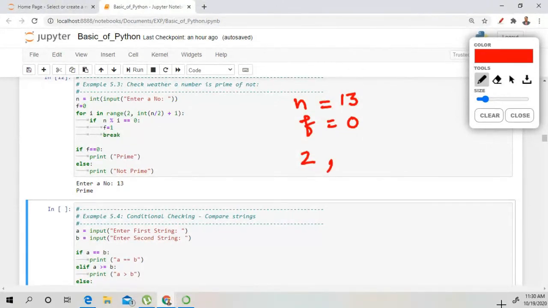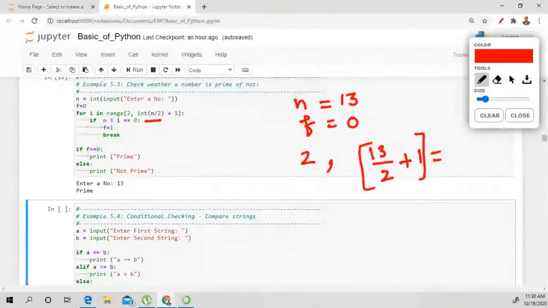So what do you mean by this? 13 divided by 2 plus 1. So what is the range right here? We have to take the int value only. Write in the chat box. Okay, 2 comma 7. So it will start from 2 to 7.